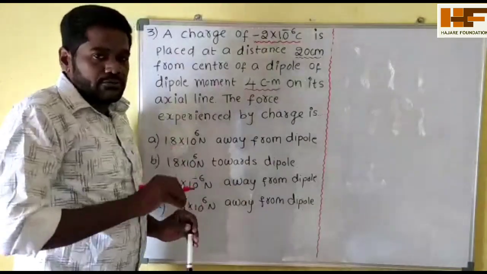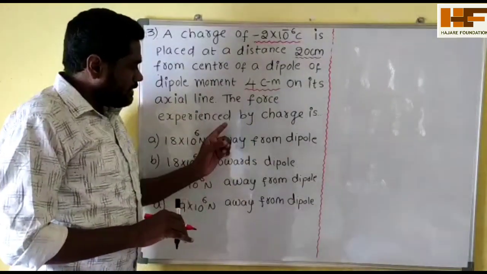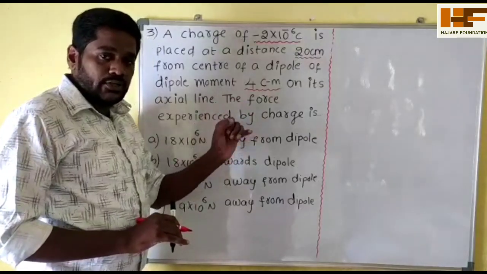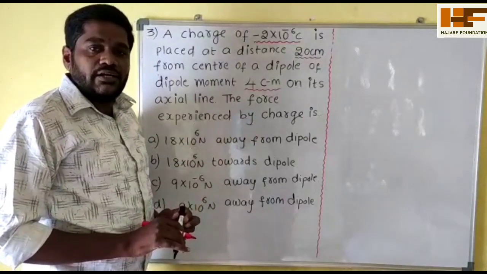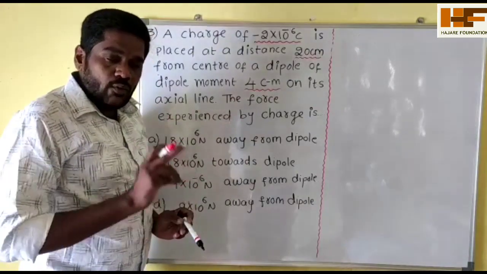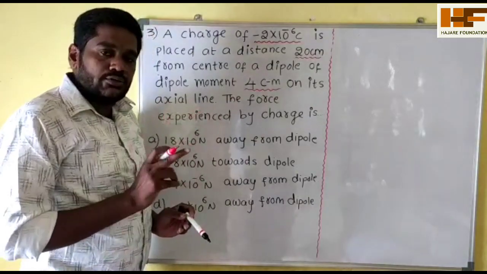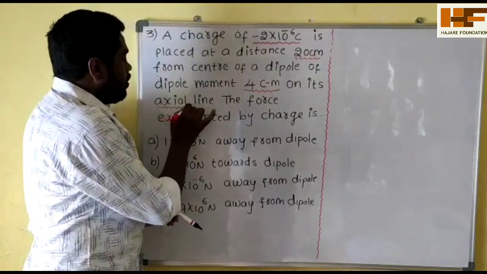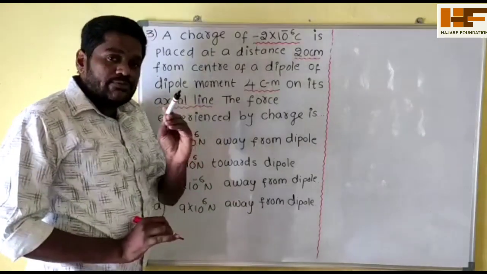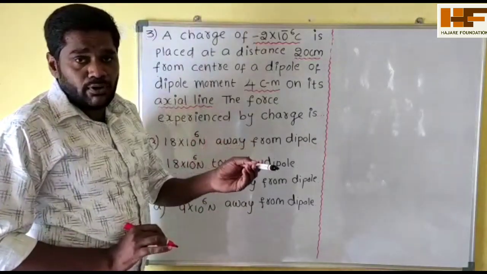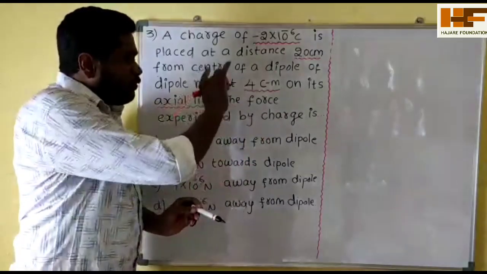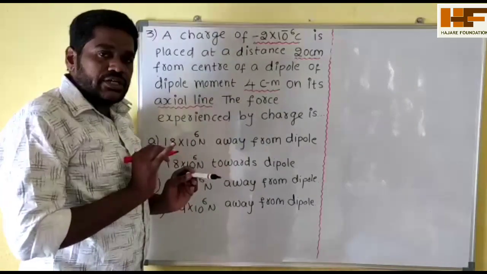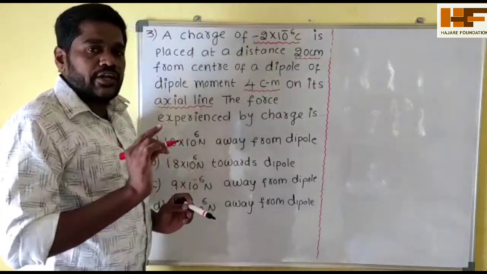Very different question. So still now we have not discussed this concept, but this is related to the concept only. This concept is related to the electric field for a dipole. Two cases we have discussed. One is due to a point on the axial line, and the other is due to a point on the equatorial line. It is the axial line only, therefore no problem. And one more point: two types of formulas I have given, for short dipole and for long dipole. But here they have not mentioned whether it is a short or long dipole. But in such cases, you have to take only the short dipole formula.